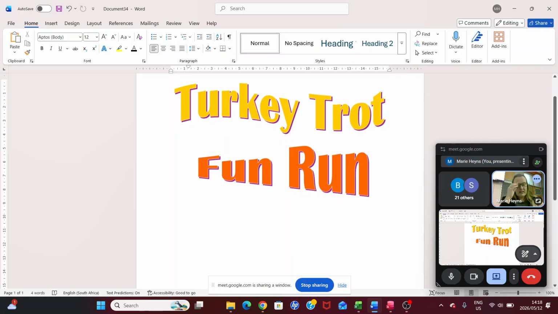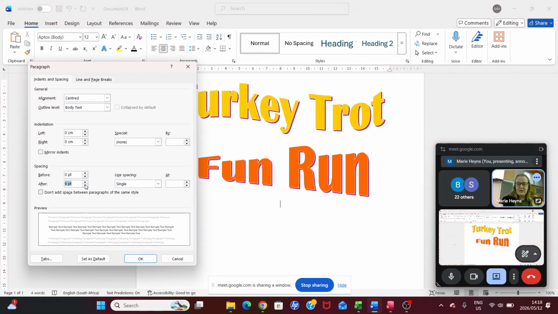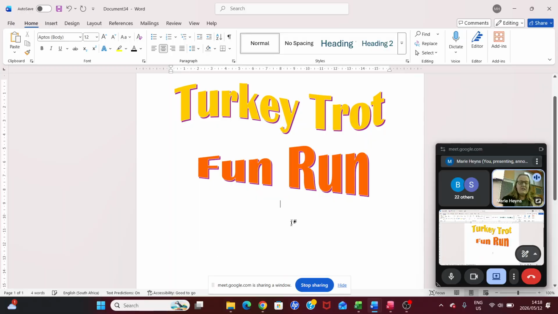So let's continue. Alrighty, so now we are ready to insert our little table. I'm just going to double click here underneath and I'm ready to insert my table. I'm going to set my line spacing options at 0, as we always do, just to make sure that we don't have huge spaces in between.